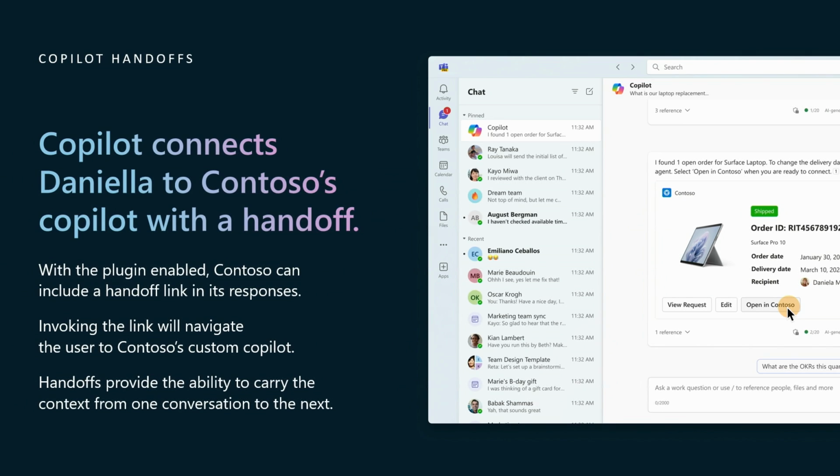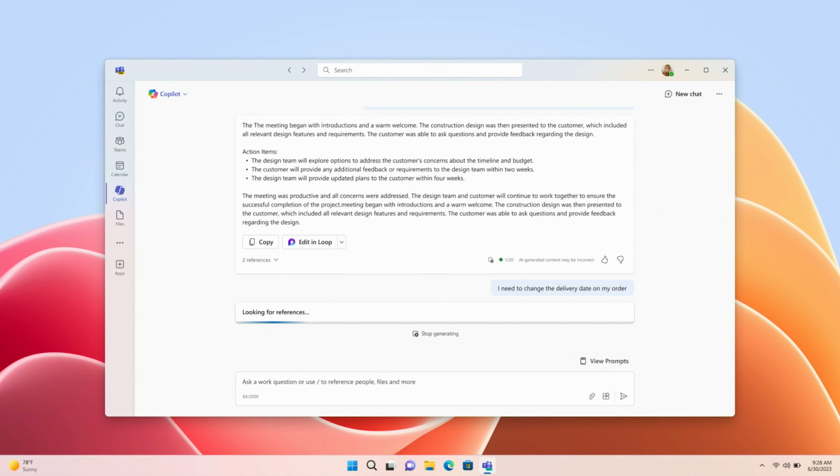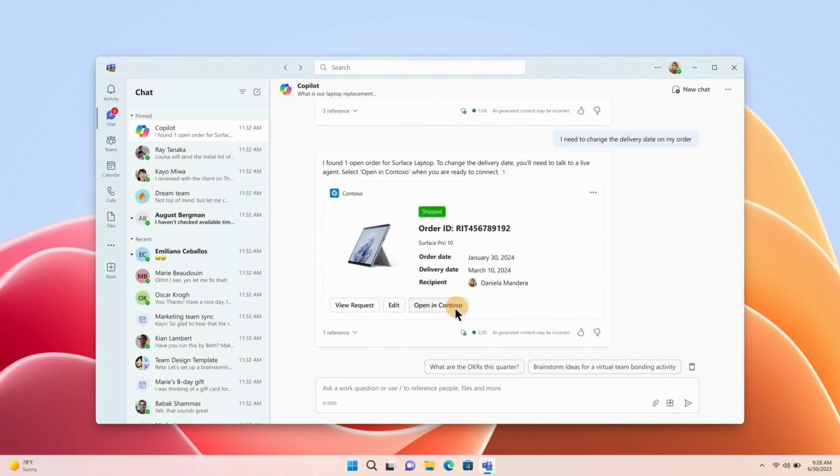But now, this plugin can include a handoff link, which, when needed, can route the user to your custom Copilot with the context needed to pick up the conversation where they left it. So let's say the user starts in Copilot. An apps plugin here is invoked, and it returns an adaptive card with an action button that deep links the user to the corresponding custom Copilot in Teams. So this deep link will have context from Copilot's conversation, which enables us to prevent this cold start